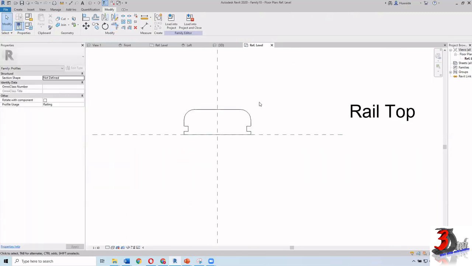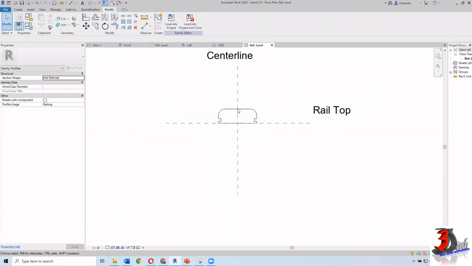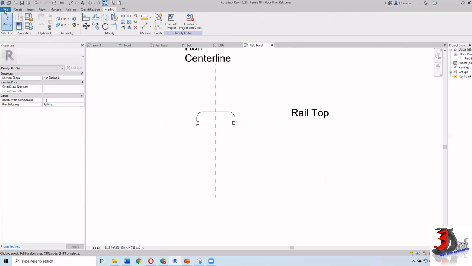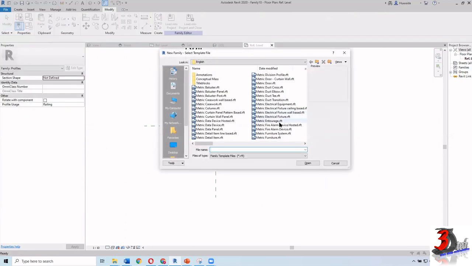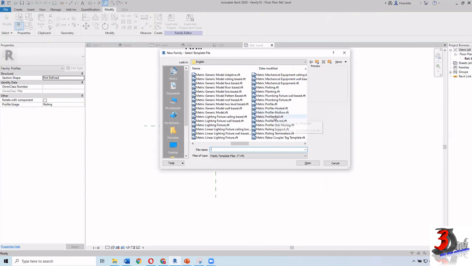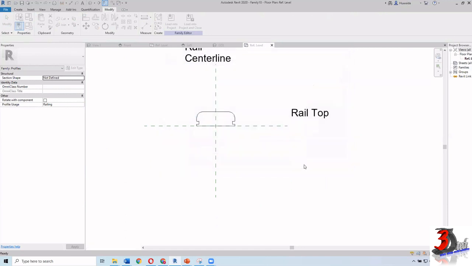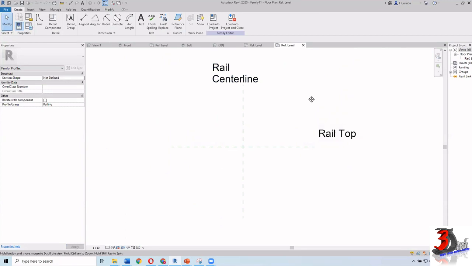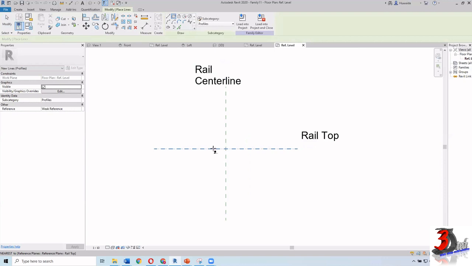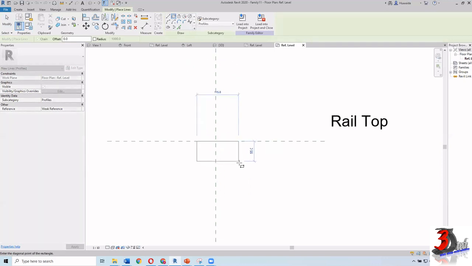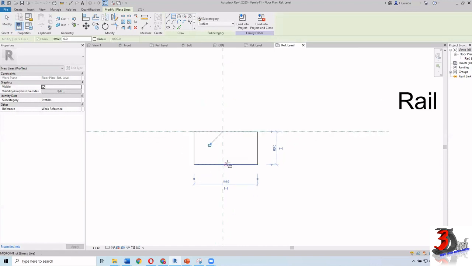Okay, so we need to create the bottom railing. The bottom railing you cannot create on this one because this is for top, and I will create a separate file for the bottom. The same template. This one, the same template, and click open. Alright, now I'm going to draw a rectangle but at the bottom like this. Just now for the top railing I drew at the above, and this one below.